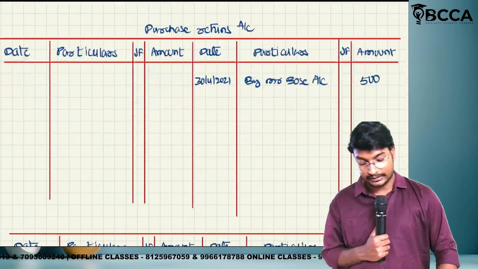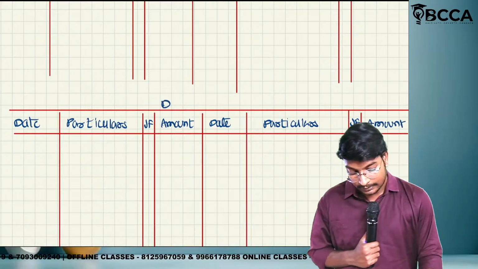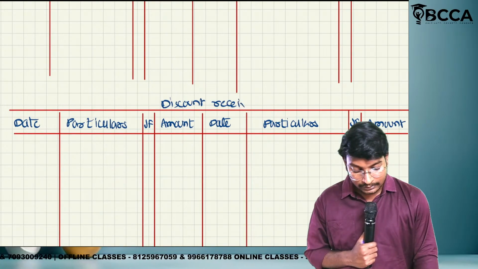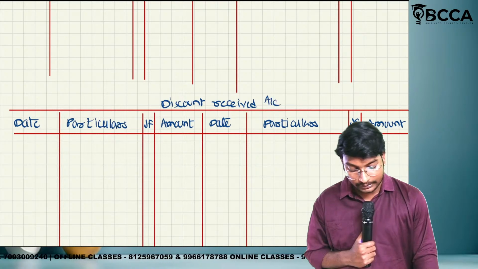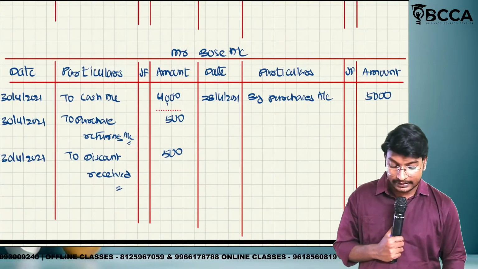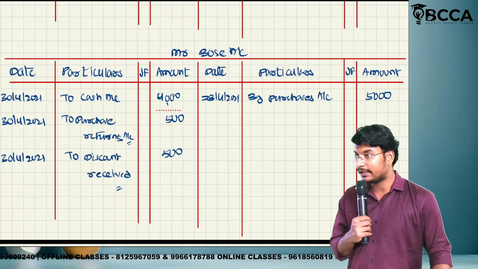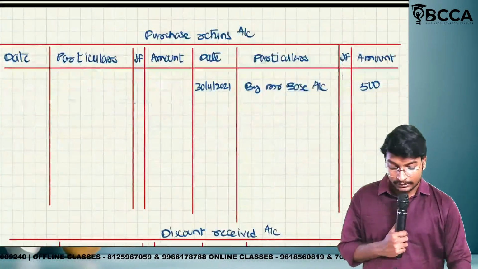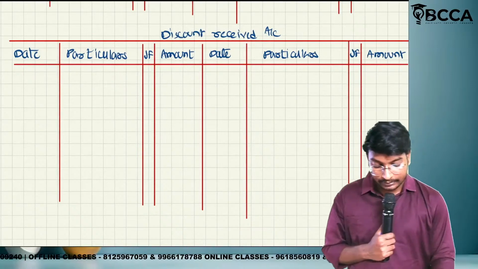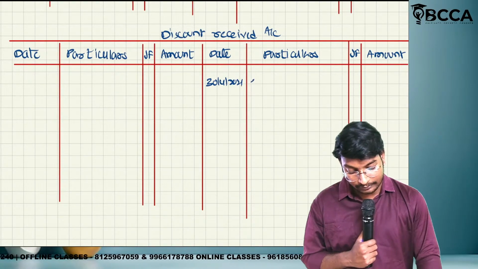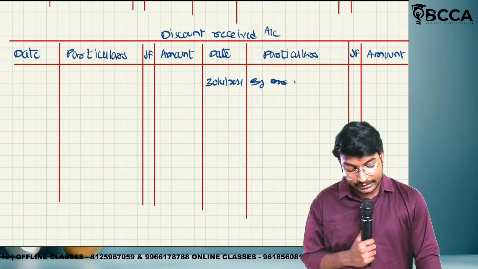500 rupees. Next, which account? Discount received account. So in the Boss account, discount received is debited with the amount of rupees 500. So in the discount received account, we need to record on which side? In the credit side. What is the date of the transaction? 30th April 2021